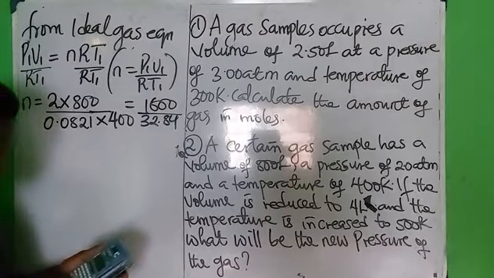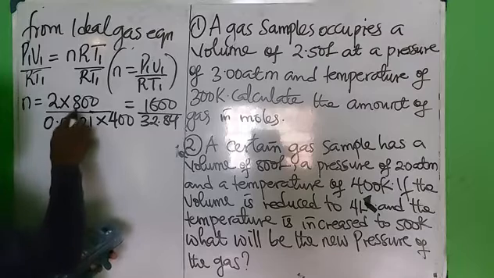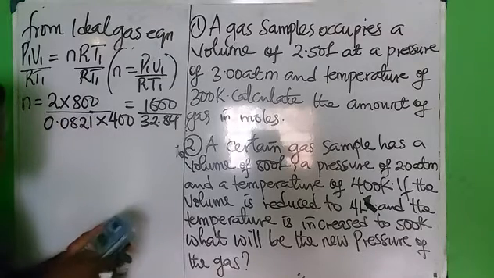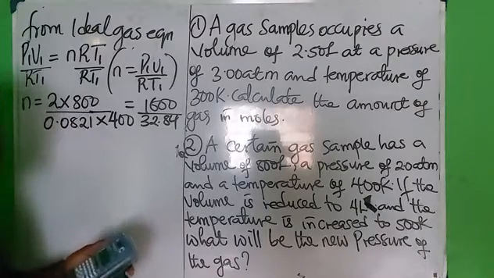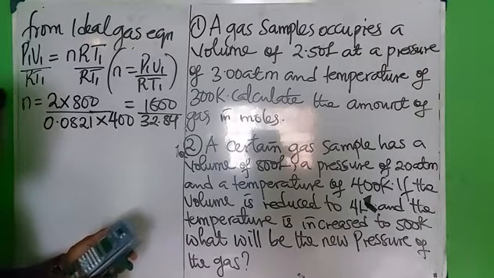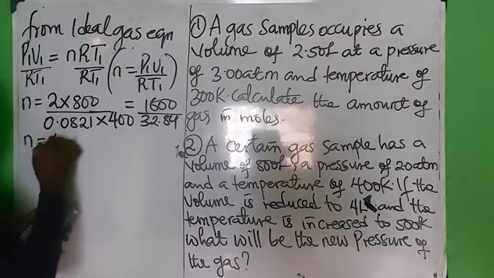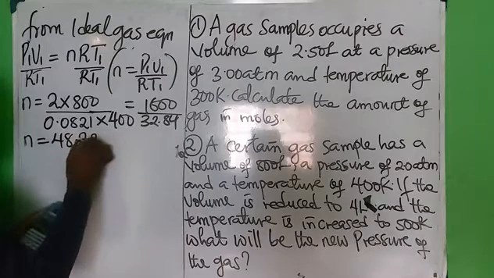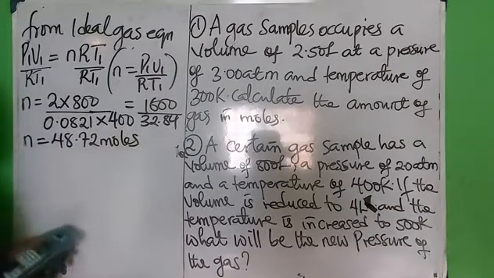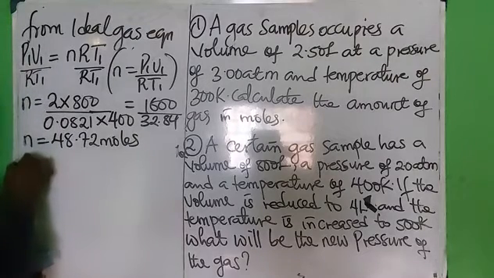So 1600 divided by 32.84 equals, I have the number of moles as 48.72 moles. Then from here you now have it to be